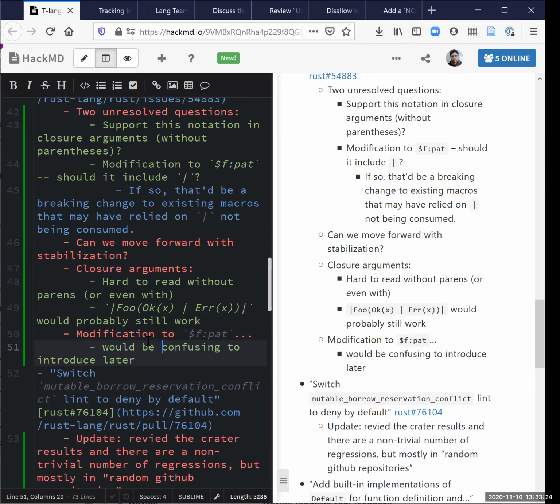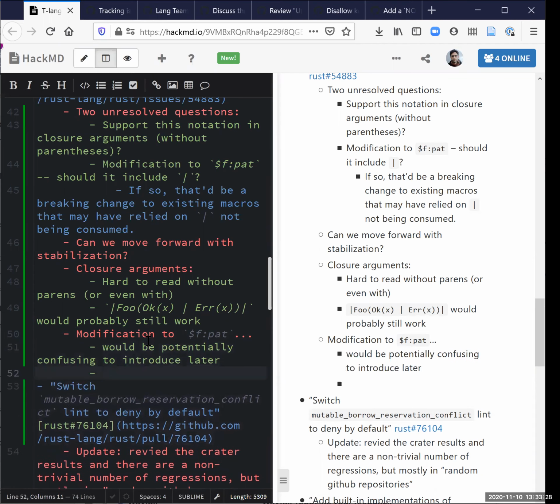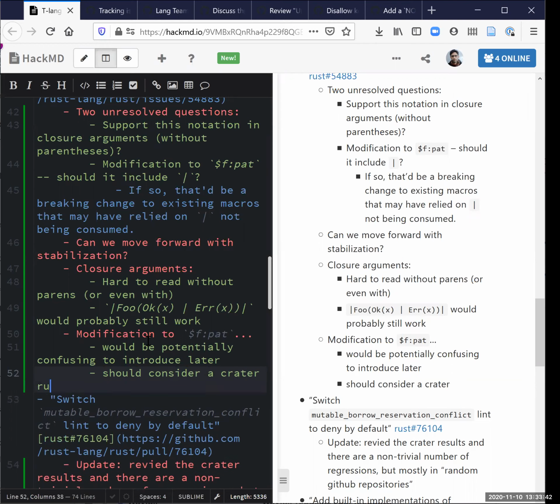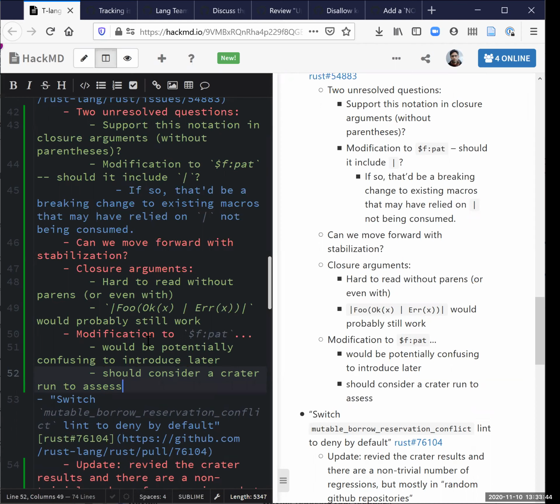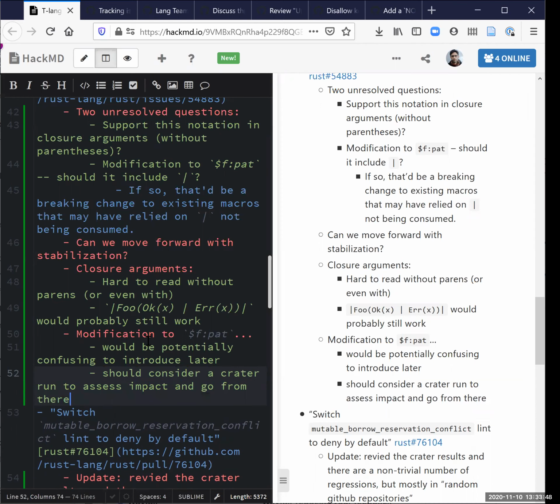It's an interesting dance for things like the matches macro and everything. Right. I think that we probably should introduce this, we should do a quick crater run if we can. And if this is low impact, I think we should go ahead and do it. The tricky bit will be what happens if it's high impact, but we can decide that if it happens. Why don't we encourage someone to open a PR for a crater run and we discuss after we have data?